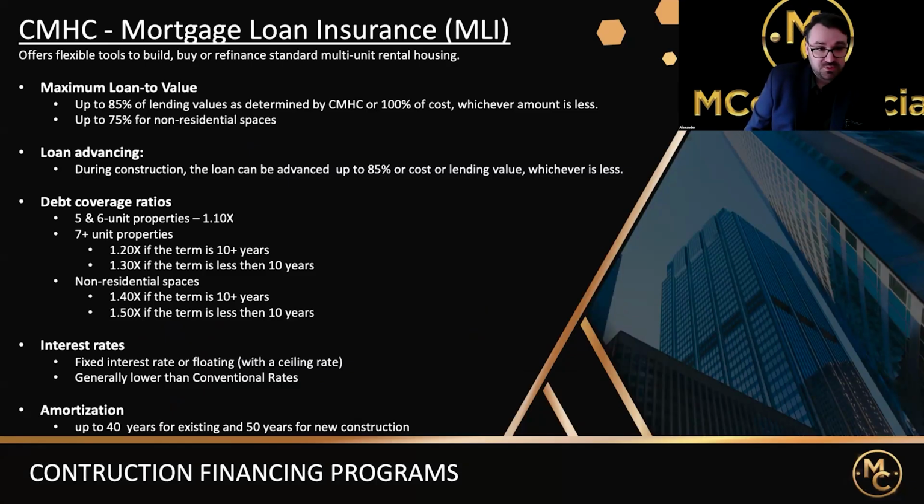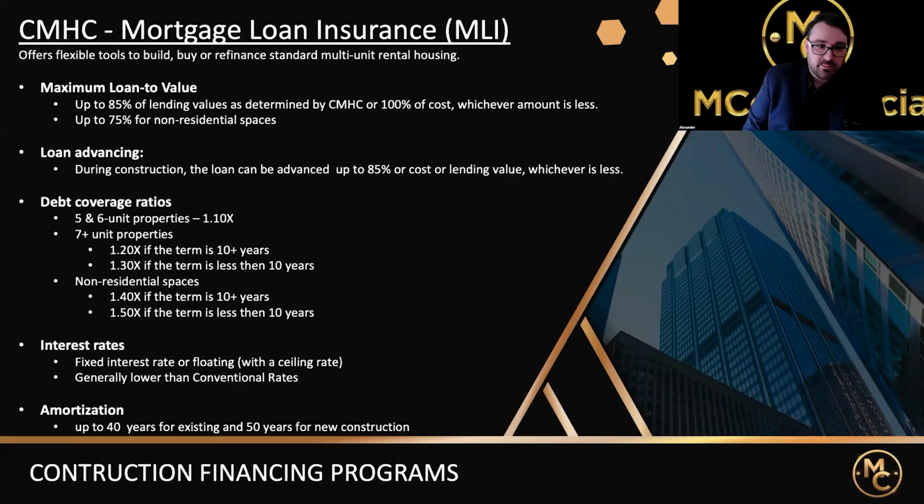General highlights are loan to value for construction. You could get up to 85% of lending value as determined by CMHC. And you'll see this phrase, as determined by CMHC, quite often here, because it is different than, let's say, your appraised value. We do have to supply appraisals, but CMHC could disagree with some stuff in the appraisals, such as rents, expenses, cap rates, and determine their own value. And this is where they're basing their loan to values off, what they consider as the lending value and not an appraisal or a market value. So we could get 85% of CMHC's value or 100% of costs, whichever is less. And if the project does have non-residential portions, those portions are capped at 75%.